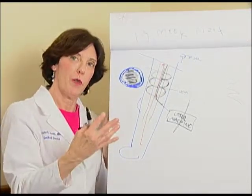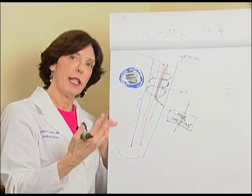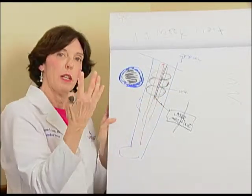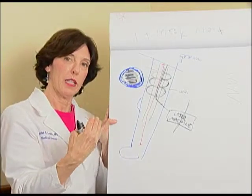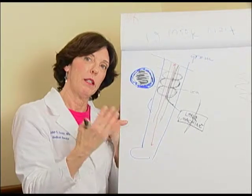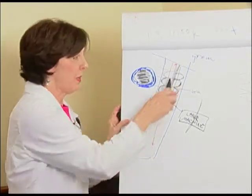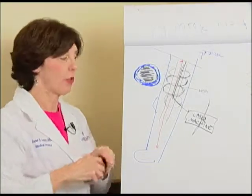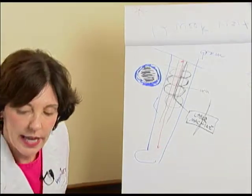It's saline or salt water, and then we put xylocaine in it, numbing medicine. The saline, the fluid, absorbs the heat and protects the tissue, and the xylocaine keeps you from feeling the laser. So now we've done that, and we try really hard to make sure there's lots of fluid in there, and